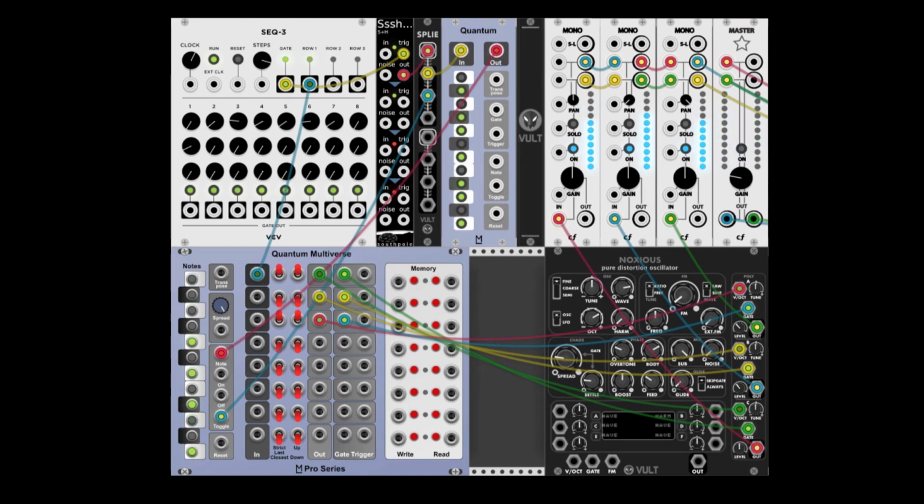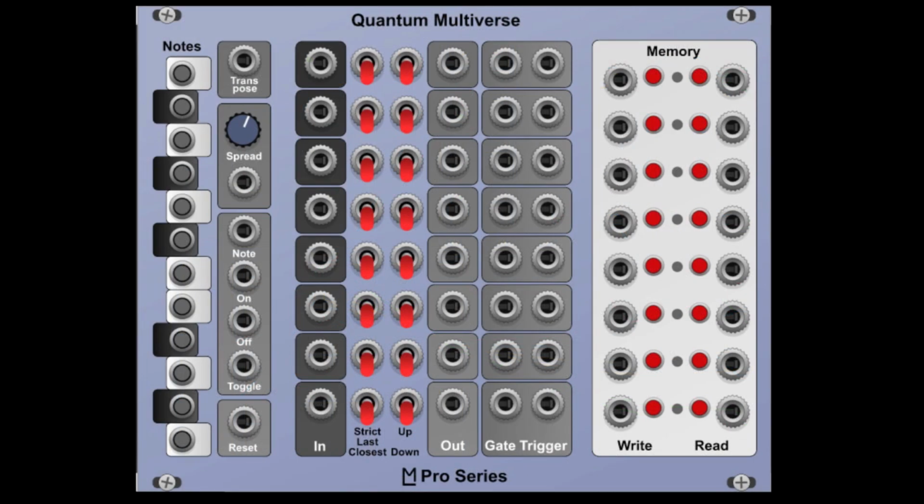Now let's see how the memory section works. So here we have again 8 identical rows, and in each row we have the write button, the read button, and a dedicated input for each of them. So we can save up to 8 different scales and note combinations and load them up whenever we wish. All we have to do is program a scale or some notes, just like this. Click the write button. You can see the red light went on, which means that something has been saved to